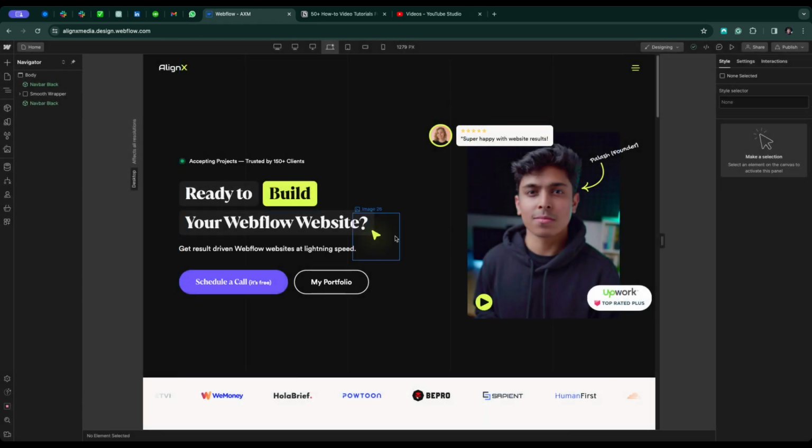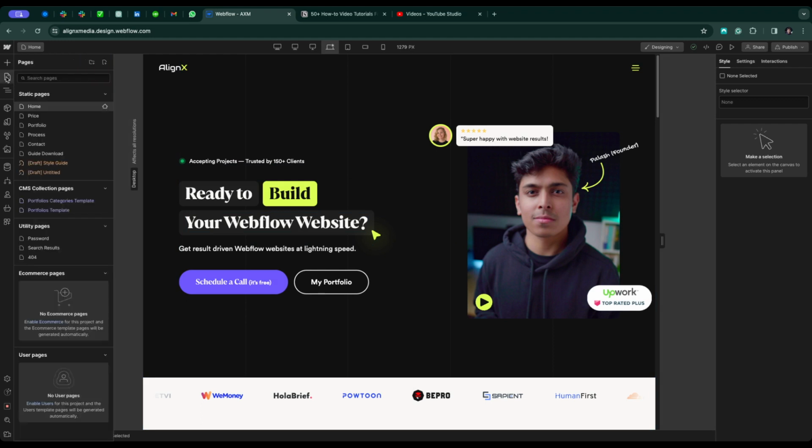And once the Designer mode is open, all you have to do is click the third icon on the left hand side, and here you will find all the pages on your website. And when you hover on these pages, you will find there is a setting icon. So just click on the setting icon,